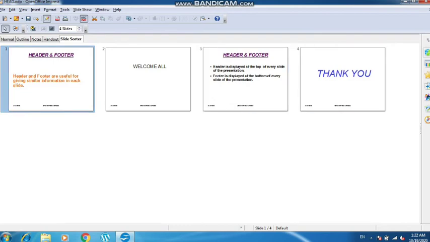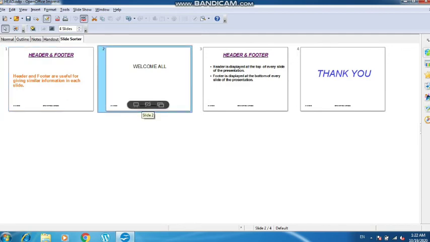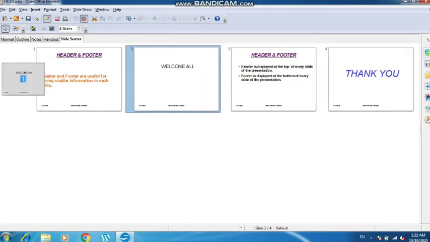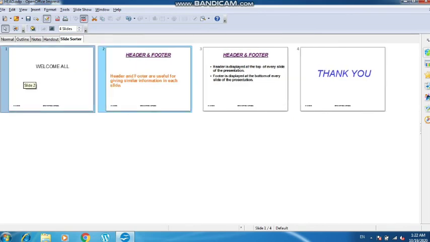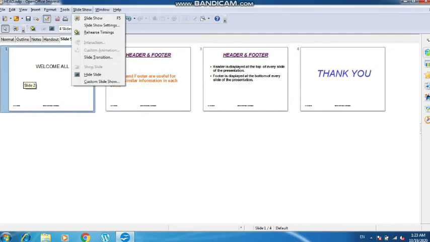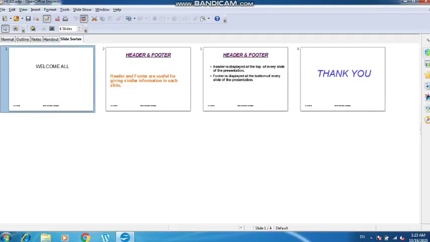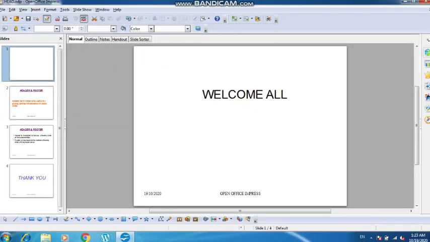What you need to do, just to rearrange the slide or delete the slide: if you want to rearrange it, you just need to select a slide and drag it wherever you want to take it, and if you want to delete, you just need to select and press delete. So let me first of all arrange the slide. I want to make this slide the first slide, so I am clicking on this and then I'll take it here. So you can see that it has become the first slide and this is the second slide now. If you want to play, you can see here that it is played as the first slide and so on.